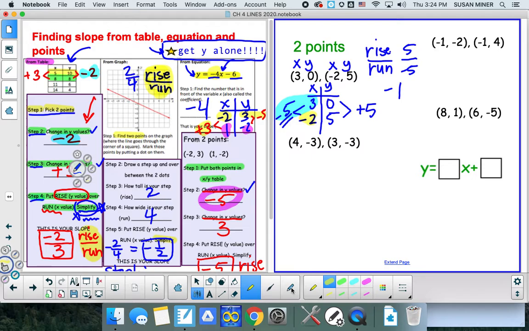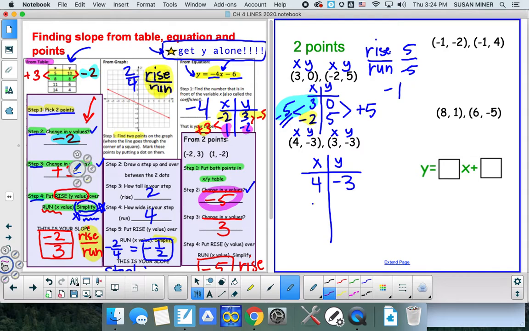Okay, hopefully you paused the video and tried a couple of these points. I'm going to do one more for you. Here's an x value, here's a y value, here's an x value, here's a y value. X, y. All right, so x is 4, y is -3, and I just put it on my table. X is 3, y is -3. And then I go ahead and